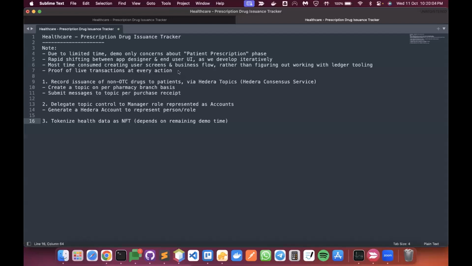And of course, later on, most of the time consumed in this demo is merely creating user screens and your business flows, rather than having to figure out the ledger tooling or codes, nothing like that. So there will be zero coding involved at all today. Okay, since we've gone through this, the first step, we need to record the issuance of prescription drugs